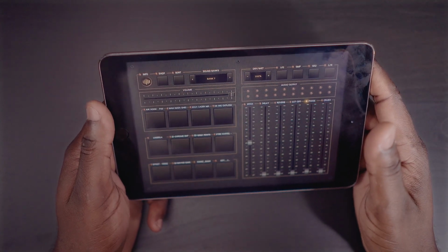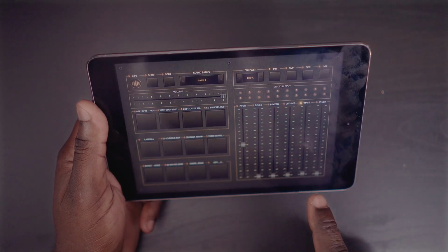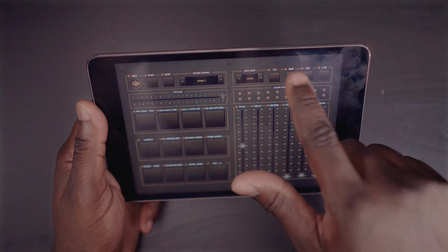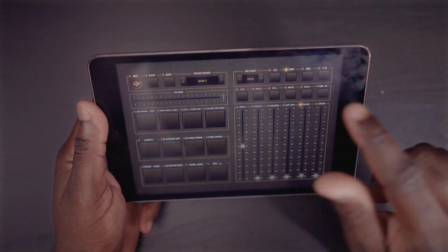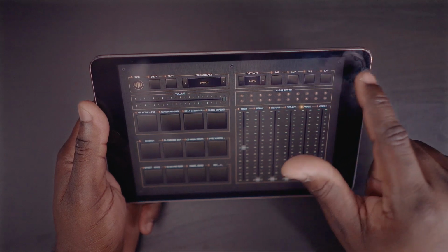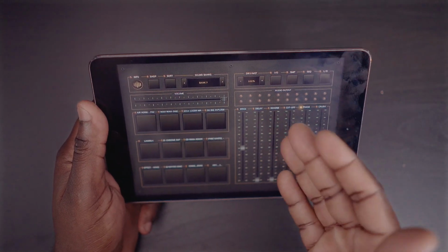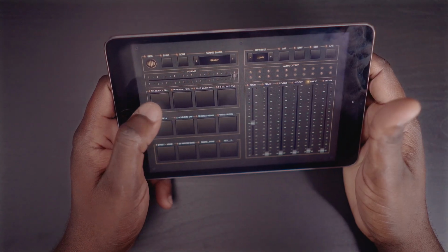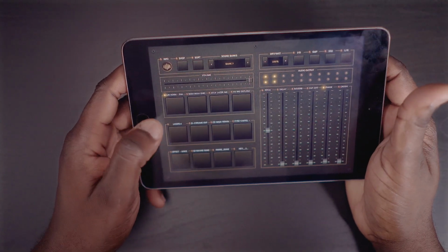So once the app opens up, is your banks, right? You have your dry and wet for your effects. Smp mode. This is where you're going to be at mostly. And the left-right mode is if you want to switch the effects on the other side, you could hit the left-right mode. So if I just hit, right,